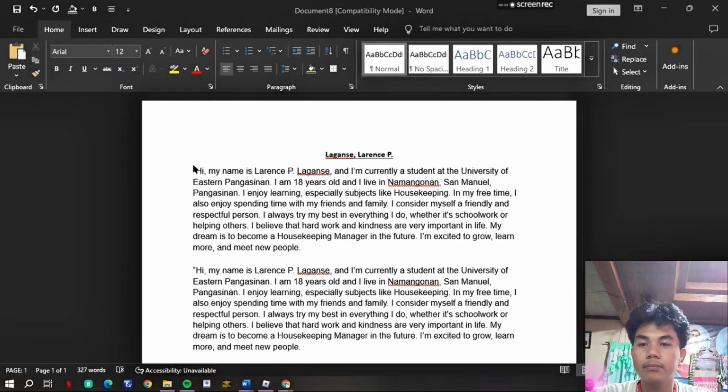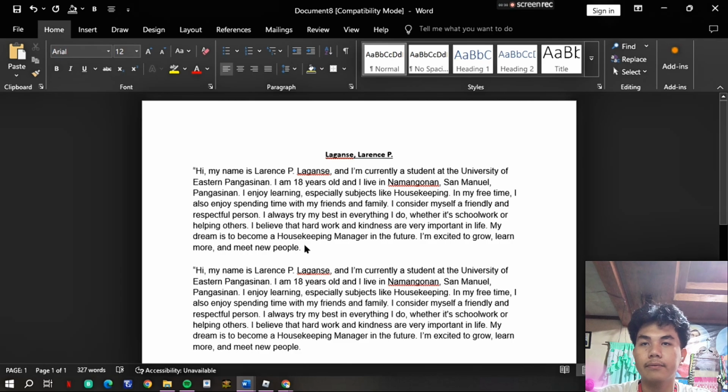The first paragraph, and change the font to Arial, size 12, and alignment to the left.